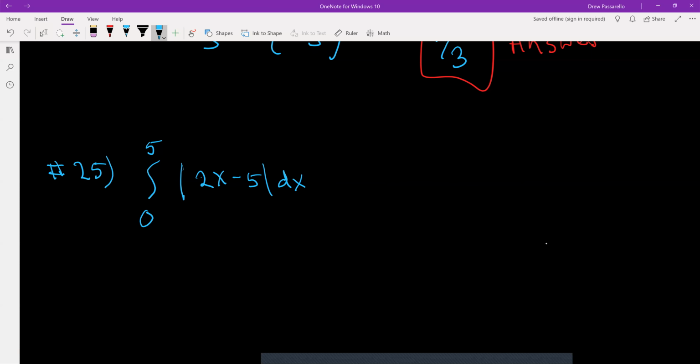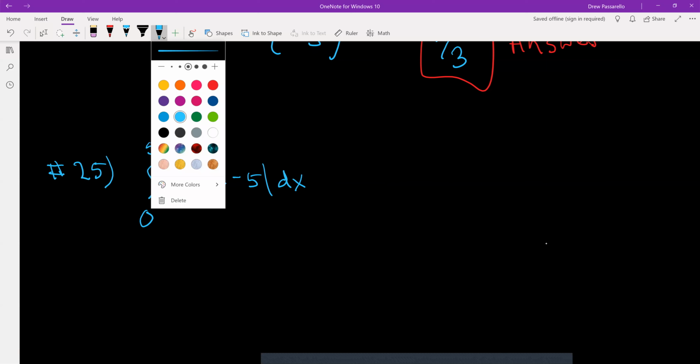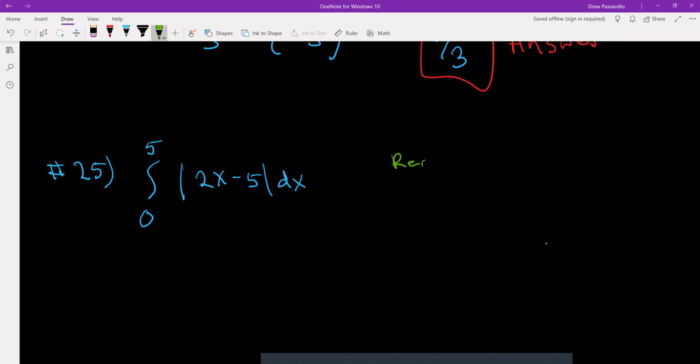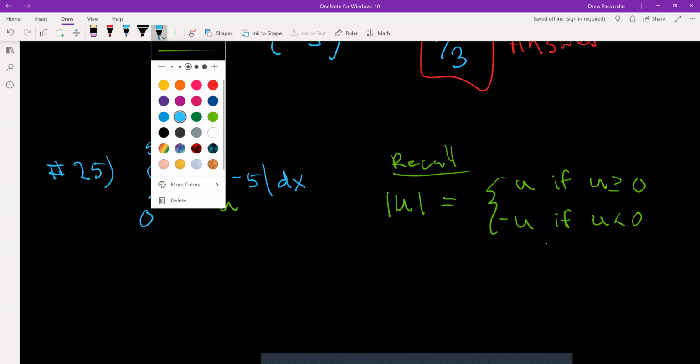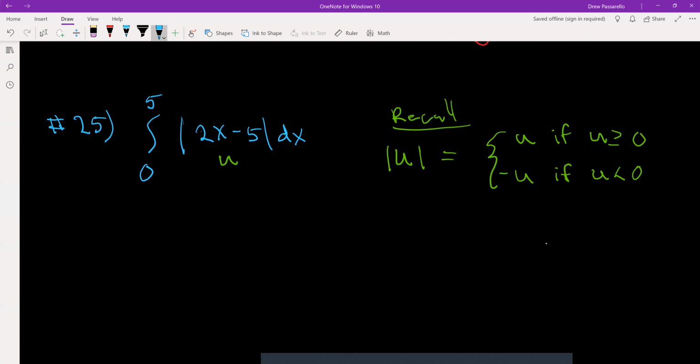And recall that for absolute value, we have absolute value of u that's equal to two possibilities. It's either u if u is greater than or equal to 0, or it's equal to negative u if u itself is less than 0. That way it's going to make the absolute value of something stay positive. And in this case, our u is 2x minus 5. So using that definition, the absolute value of 2x minus 5